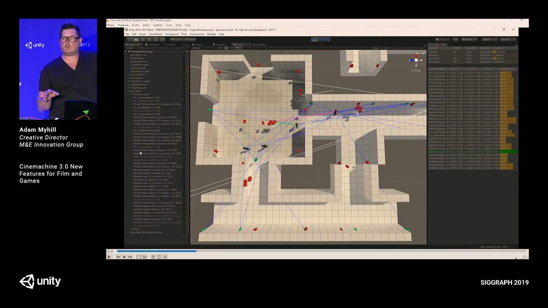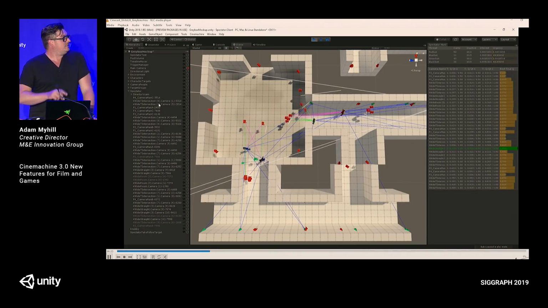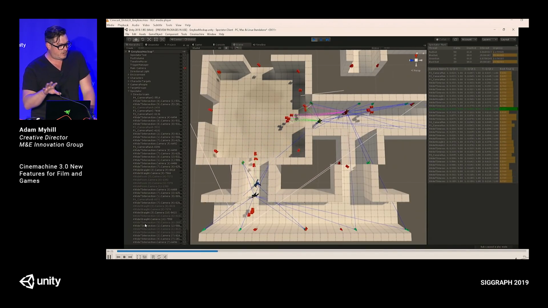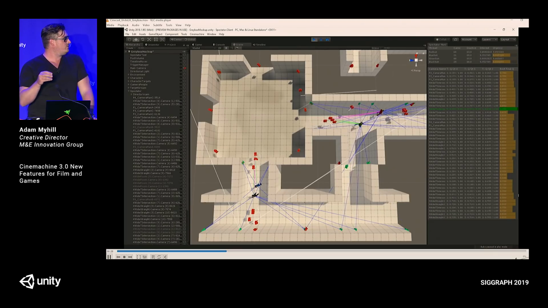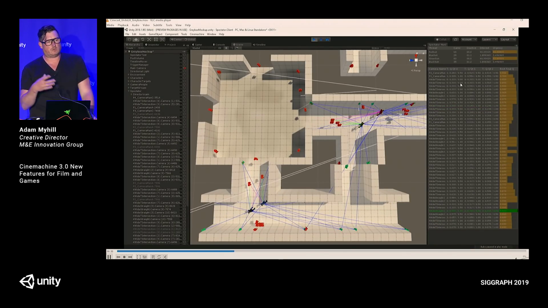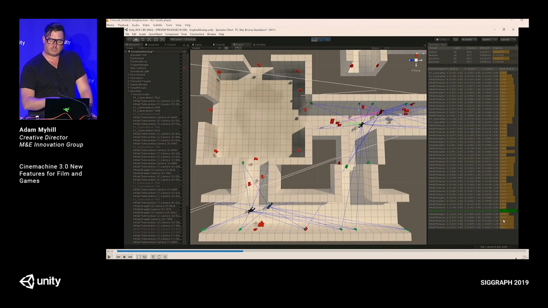Then we do a quality score, an evaluation. How good is my shot? Good is a conversation we need to have separately from this. We're doing a very basic good. How big is it on screen? Which way is it pointing? Those kinds of things. We rank how good each of those shots are for each of the cameras. So there's that many active cameras right now, in this little crappy test scene.